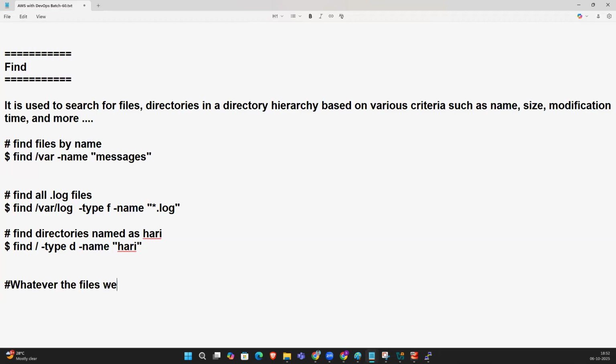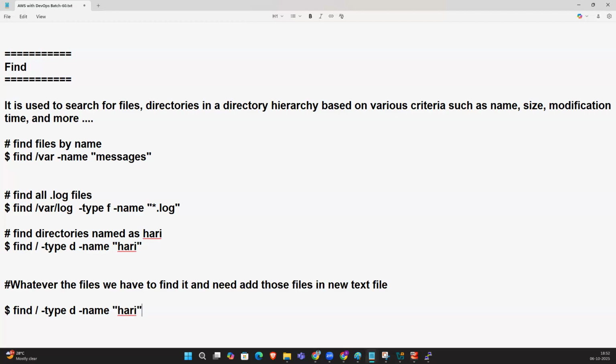Whatever the files we have, we have to find it and add those files in a new text file. So how to do it, guys? So find slash, hyphen type, the directory,